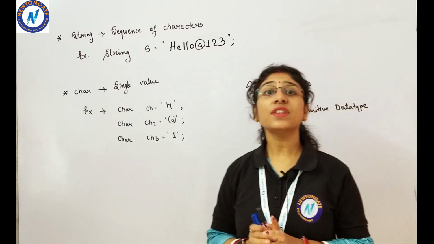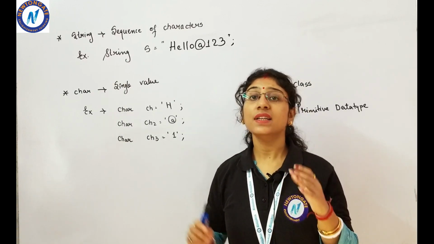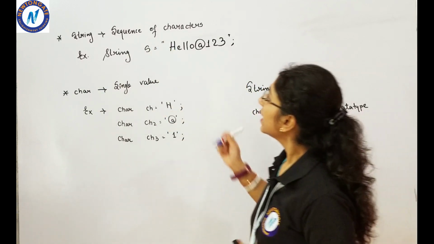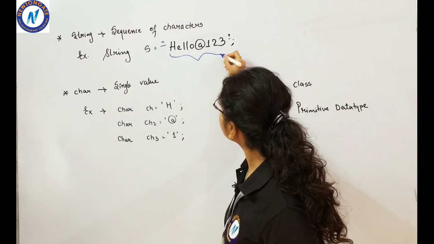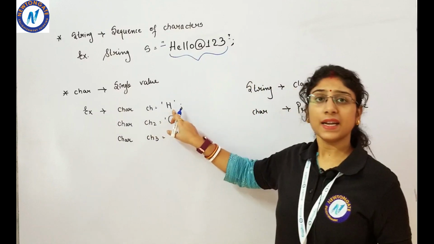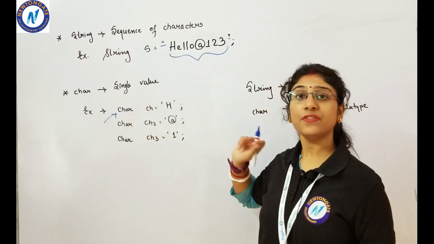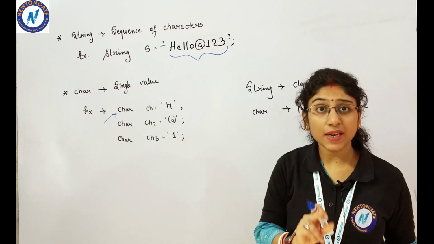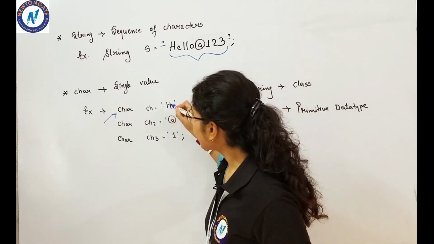Now in case of a string, whatever we are storing needs to be enclosed inside double quotation marks. So here you can see inside double quotation marks I have written the entire string. Whatever you write should be enclosed inside double quotation marks. But in case of char, a single character, char is a data type and String is a class. Char is a primitive data type. ch is the name of a variable, it is not an object, it is the name of a variable equals to the value, a single value, and it needs to be enclosed inside single quotation marks.